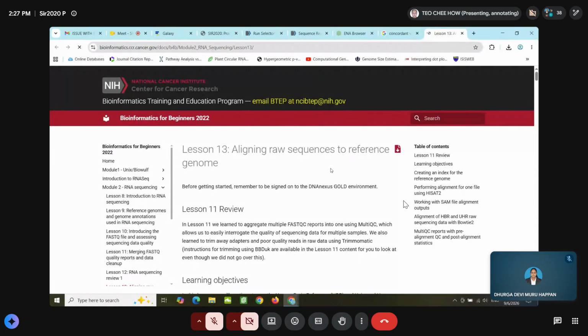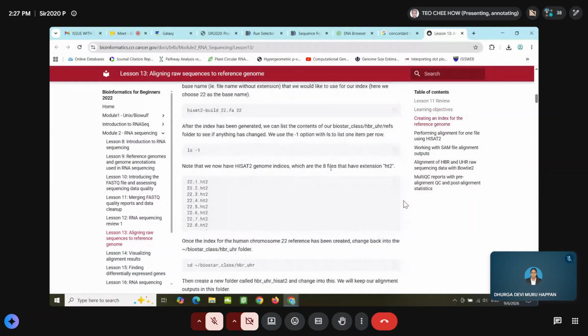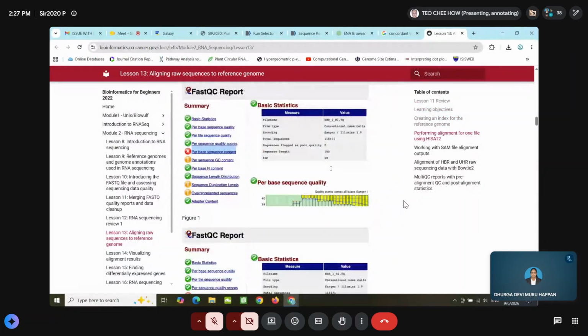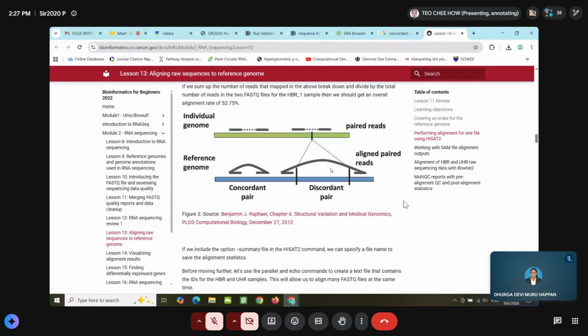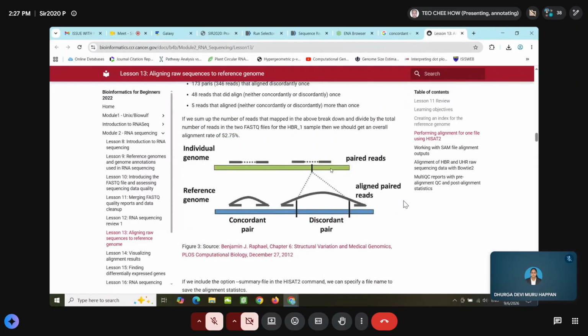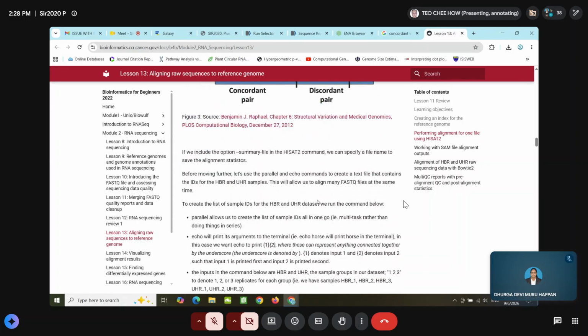Align raw reads to the reference genome. This one explains very well what concordant and discordant mean.